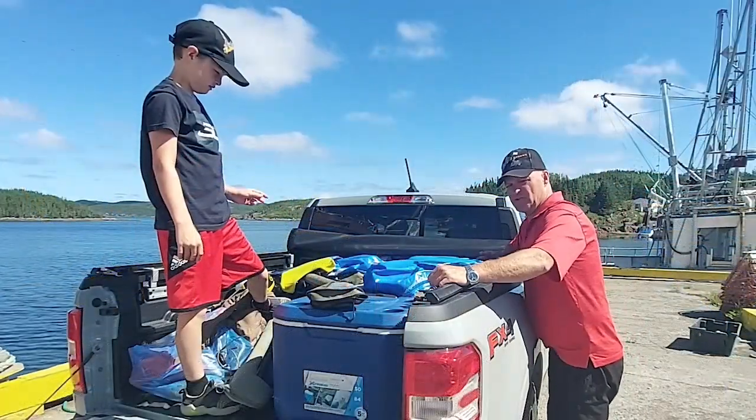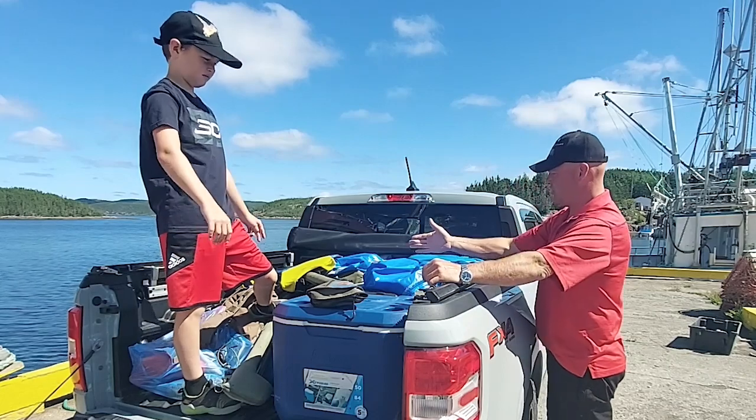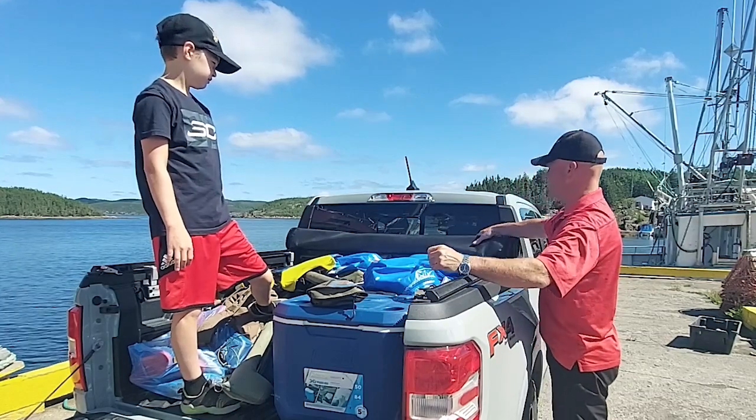What we really like about this cover that we got from Ford, it's a factory Ford accessory, is that it rolls up instead of the trifold. Because with the trifold covers, you lose a little bit of backspace that you can't access. And with the small 4.5 foot back on the Maverick, it's fantastic that we can roll this right up by